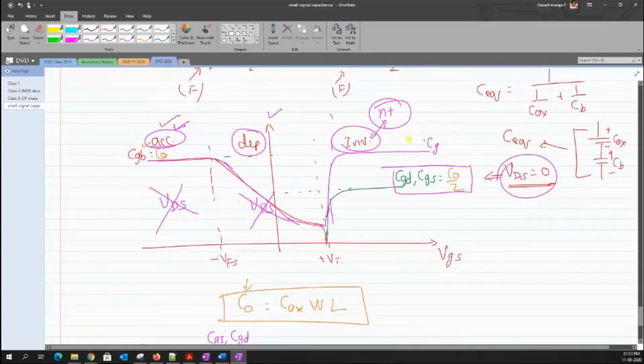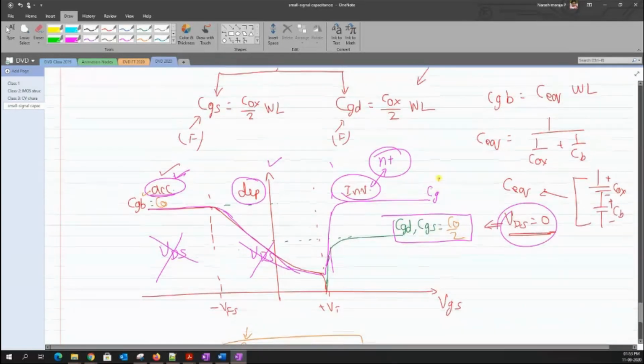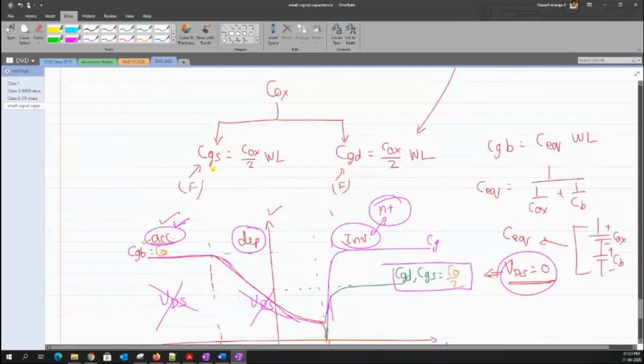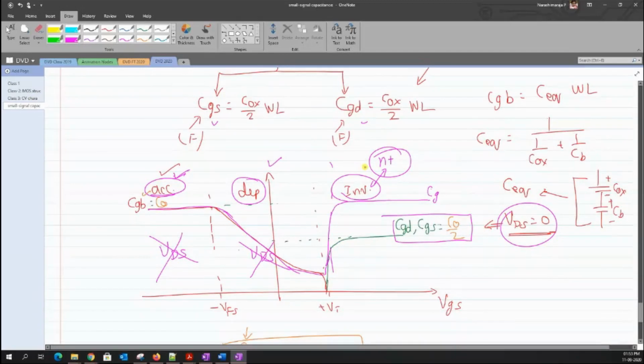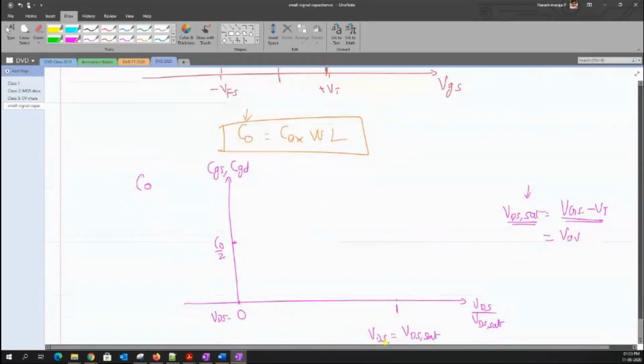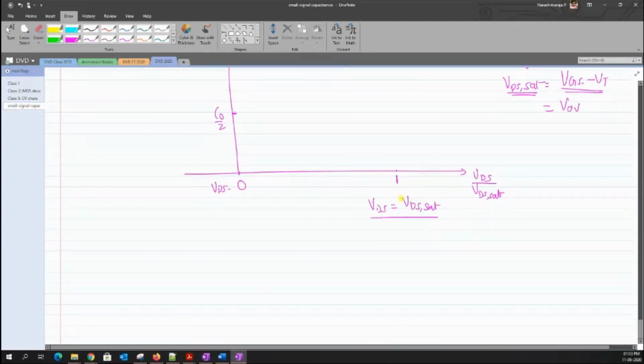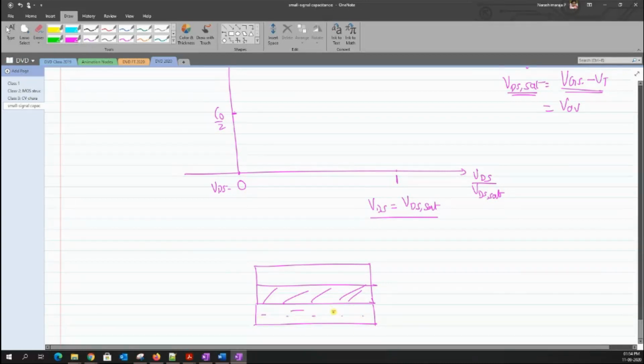I said this entire graph was plotted under the assumption that the VDS value was at 0. So when VDS was equal to 0, we split this quantity into two equal portions, for both the gate to source as well as the gate to drain. But as we move on, what happens at this particular junction, when the value of VDS is equal to VDS sat? Will the channel be the same, like a rectangle filled with all electrons, or will it be a tapered channel? How would the channel look between the source and the drain?